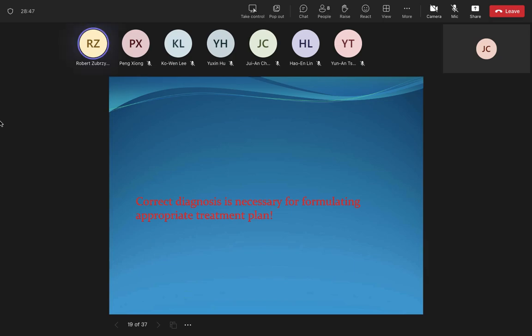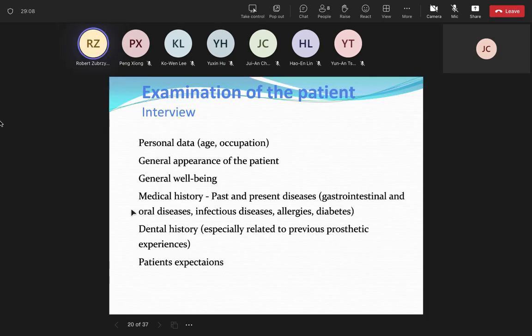Correct diagnosis is necessary for formulating an appropriate treatment plan. So first of all, we need to examine the patient, and then we need to establish the diagnosis and then formulate the correct treatment plan for each person. So, examination. In examination, we usually start from the interview. So, personal data like age, occupation, general appearance of the patient, general well-being,